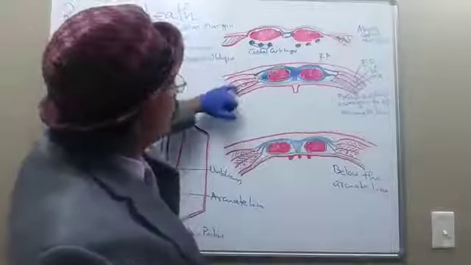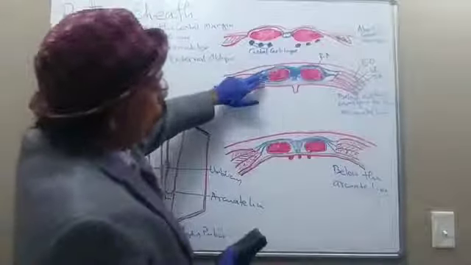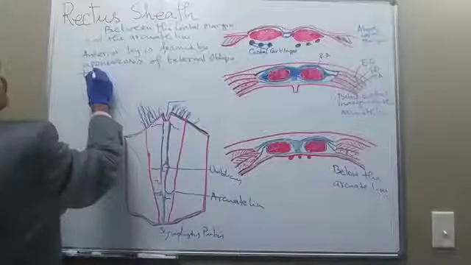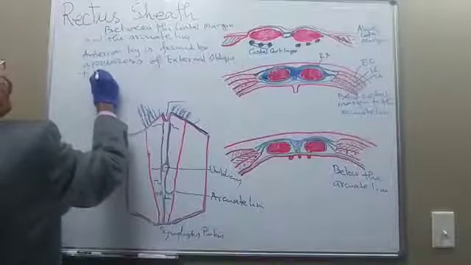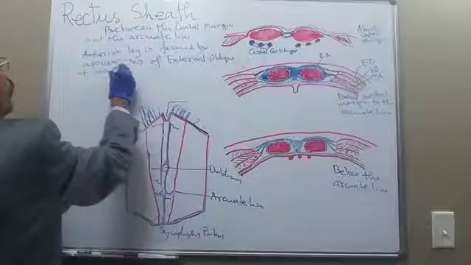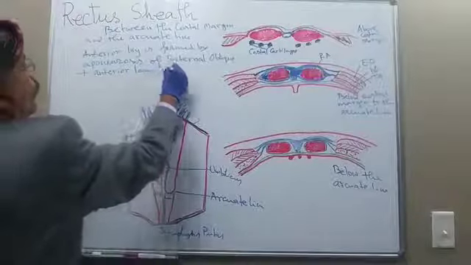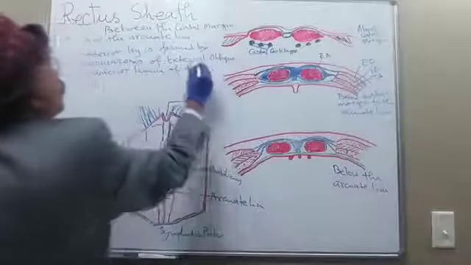This internal oblique will be split into two laminae, and the anterior lamina of the internal oblique